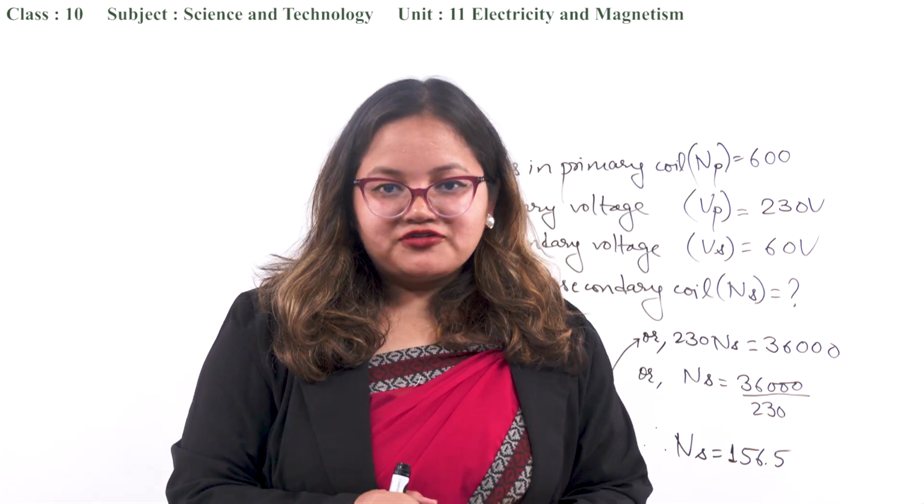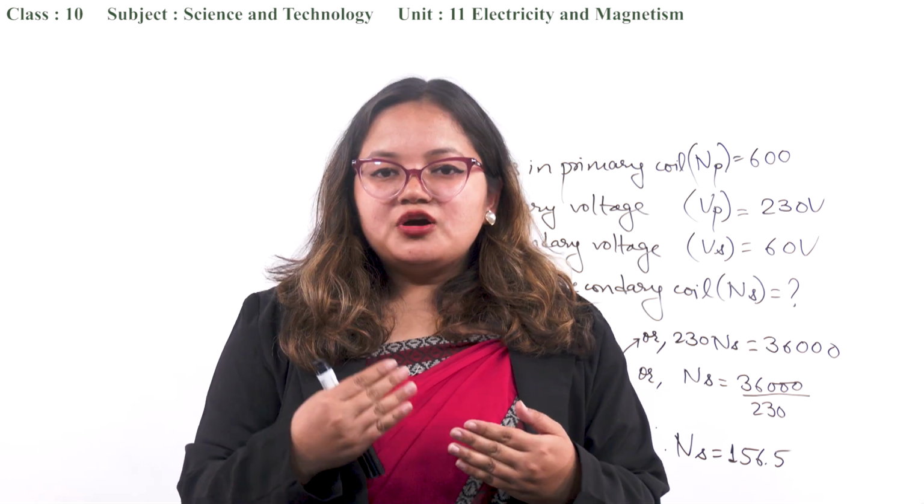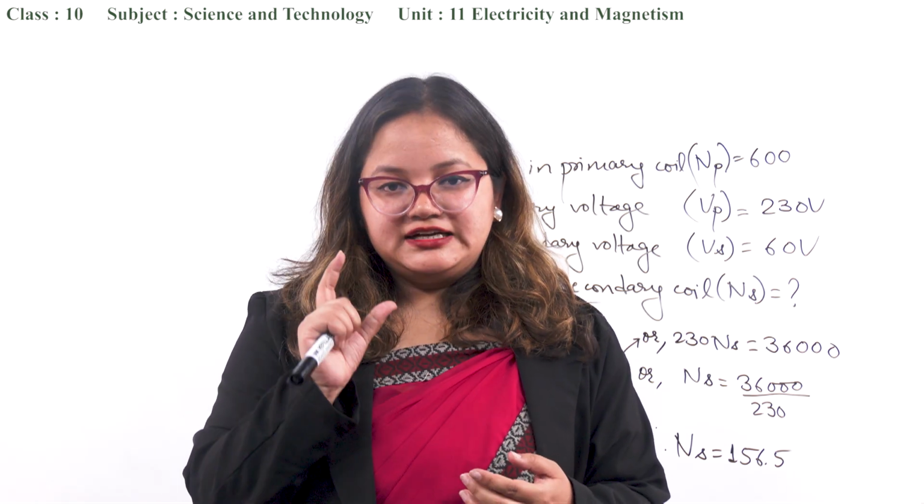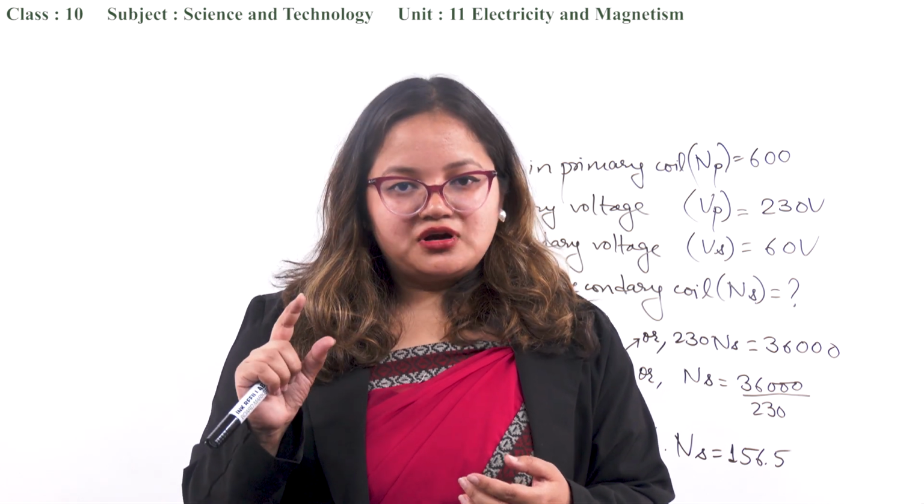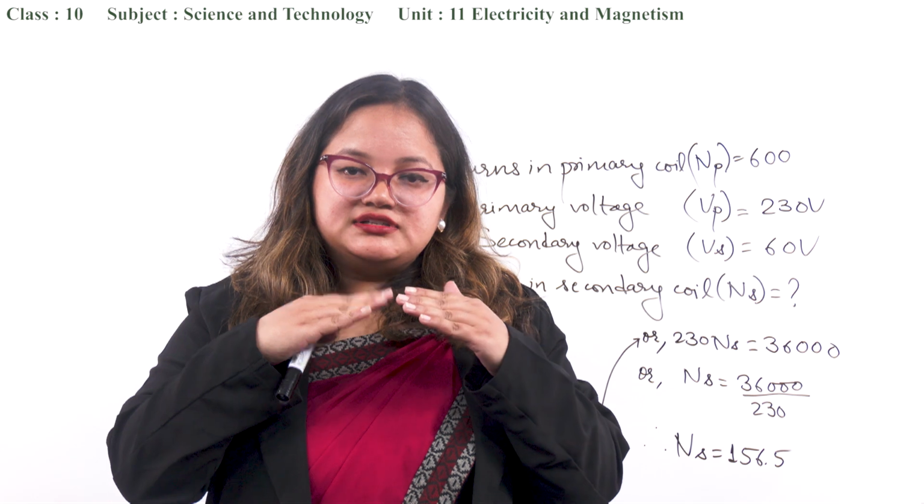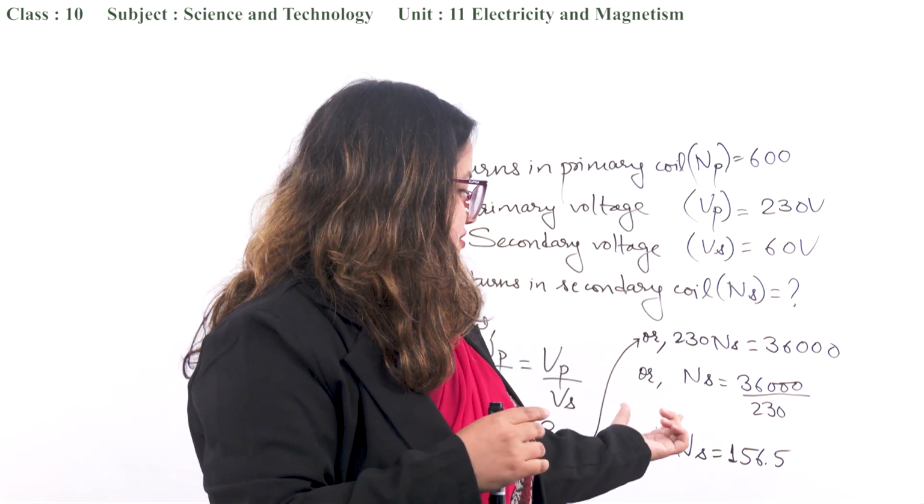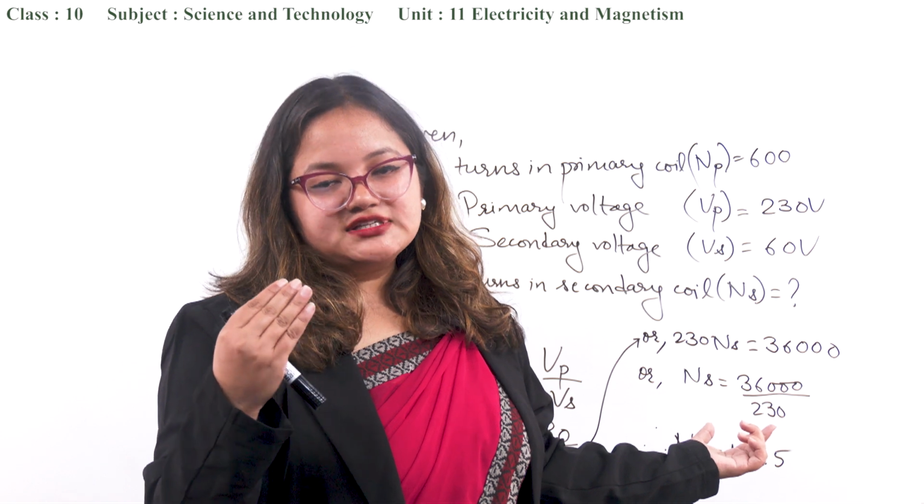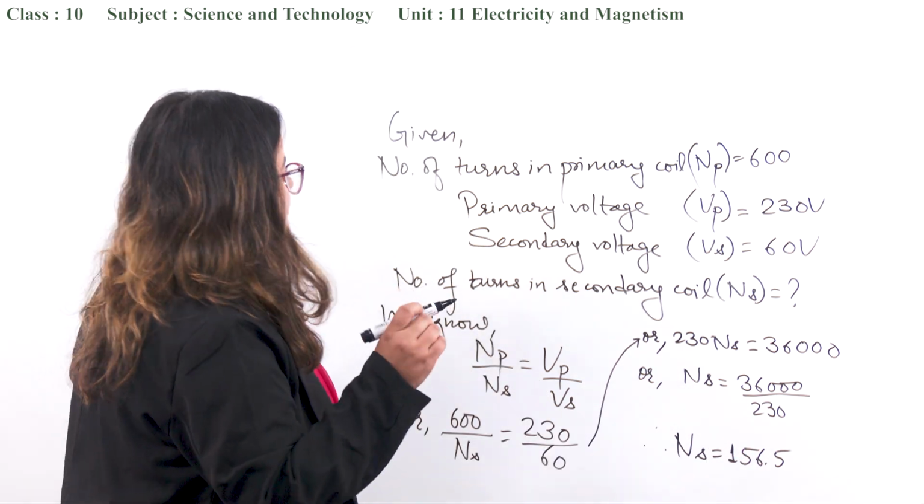156.5 cannot be our final answer. Why? Because the number of turns in a coil must always be an integer. We cannot have decimal terms for this. So we have to either round it up or round it down. Since we can see it is 156.5, we can simply round it off to 157. So our final answer is